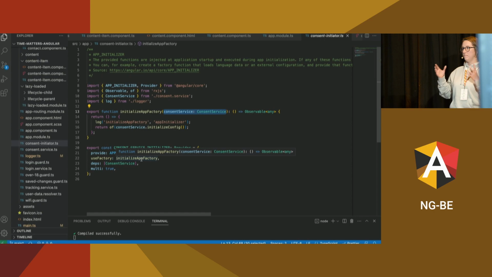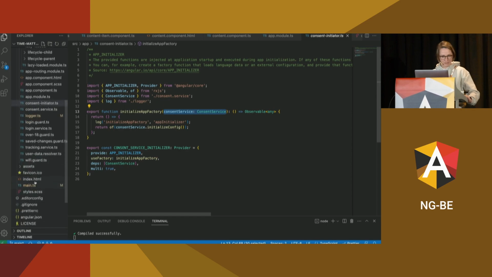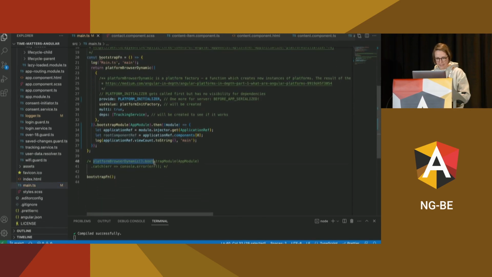So even before the application is initialized, we have to initialize this platform, and this is exactly the injection token that we have. And this one resides in the main TS. You might recognize this part of code because this is the default main TS configuration.